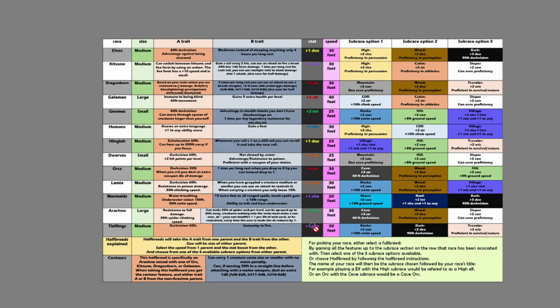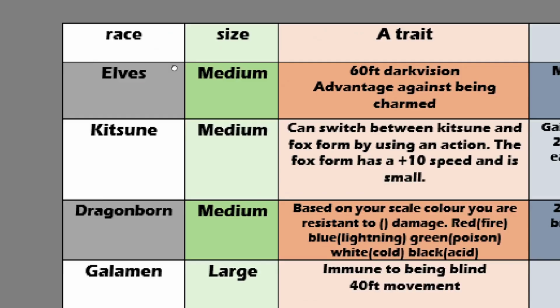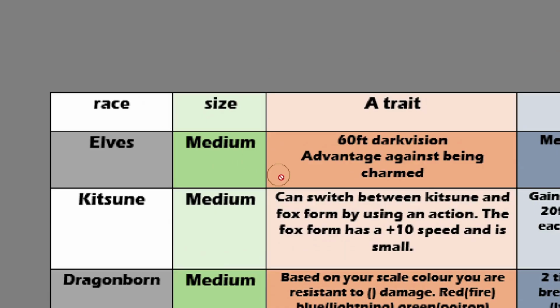A stat increase, this is a +1 to one of the core 6 stats. They have a speed locked in, this is somewhere between 25 and 40 feet of movement speed. And then there's 3 subrace options, and this is basically where your character grew up. So if we go through each row, I can explain how this system works by just giving an example from